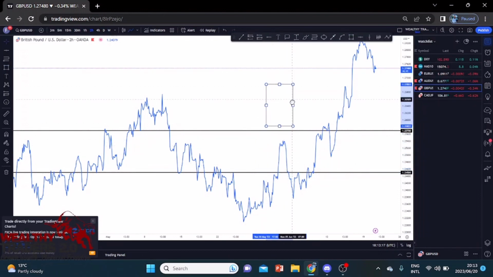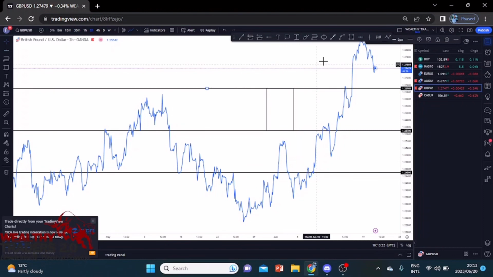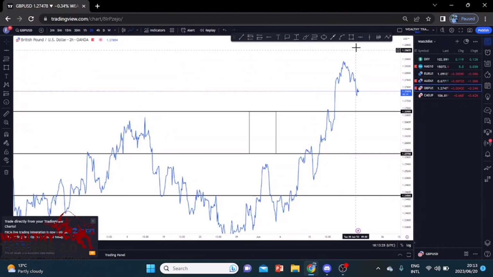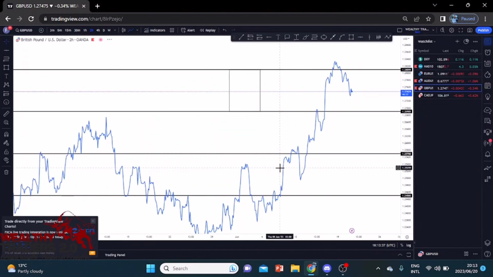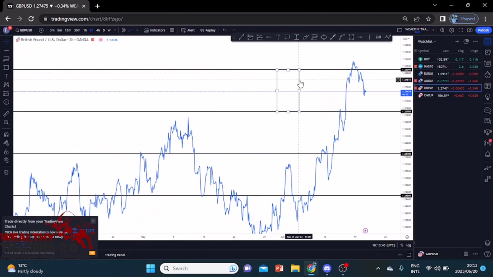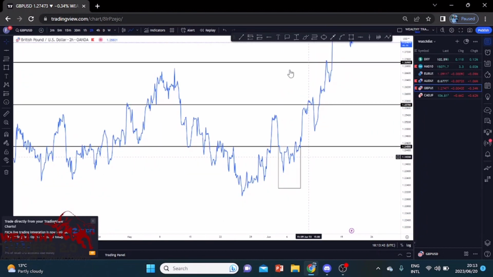You can just measure your psychological level, then you move again and measure your psychological level again, then you move the market to that side. So now I can just get another one here so that we can have a fully